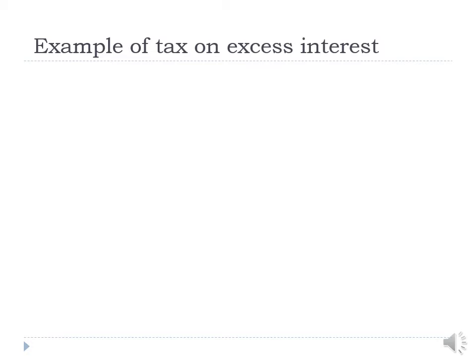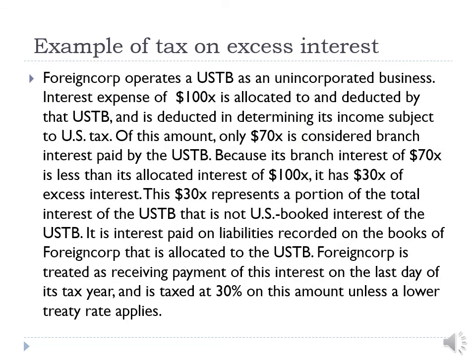Here is an example of the calculation. Foreign Corp operates a U.S. trade or business as an unincorporated business. Interest expense of $100 is allocated to and deducted by that U.S. trade or business. This amount is deducted in determining its income subject to U.S. tax. Of this amount, only $70 is considered branch interest paid by the U.S. trade or business. Because its branch interest of $70 is less than its allocated interest of $100, it has $30